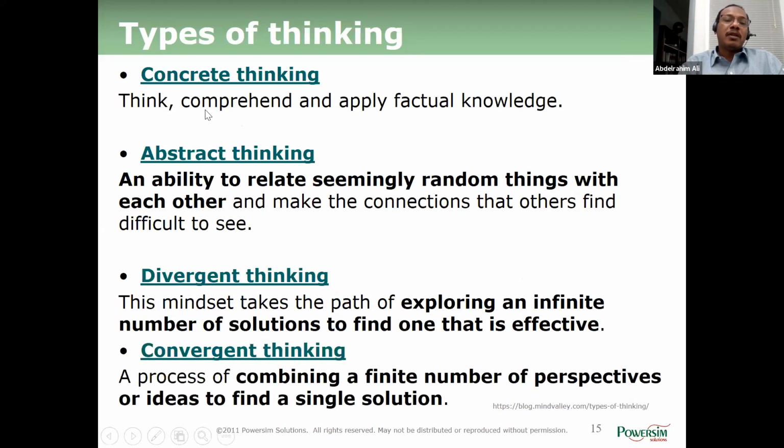The concrete thinking is usually on the application of knowledge: you think about it, you comprehend that knowledge, and apply the factual knowledge on practical things. The abstract thinking is the ability to relate seemingly random things. It's like creating connections which maybe not all people can see. So the person who has very strong abstract thinking, you